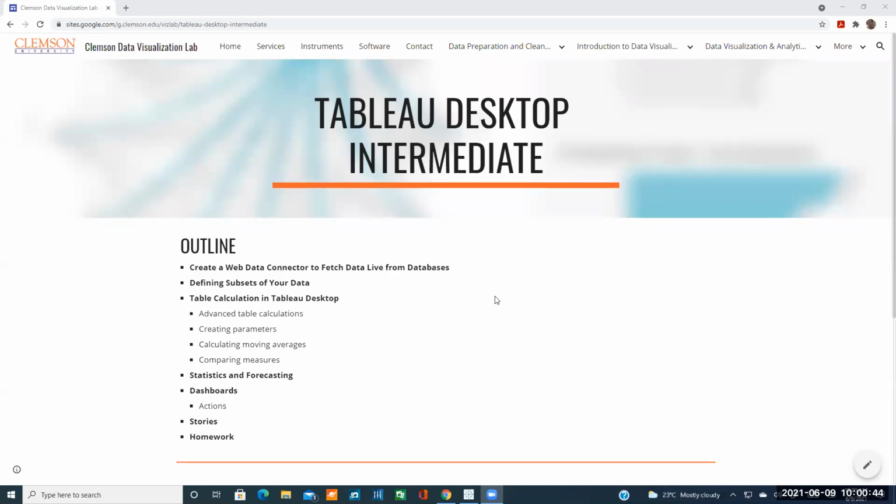Hi everyone. Today we will have a Tableau desktop workshop, the intermediate session. Last week we went through the introductory, the beginner session. We found out how to import the data, create some visualizations, and at the end even create a simple dashboard